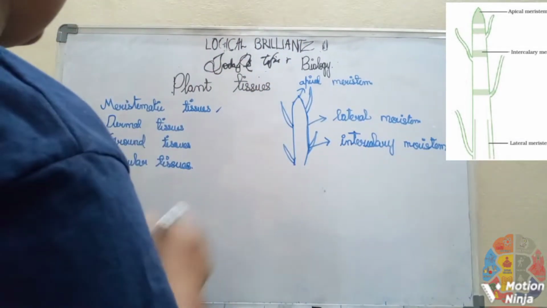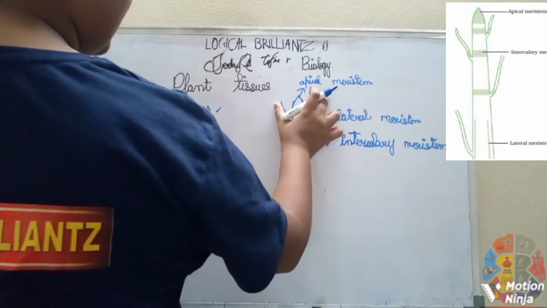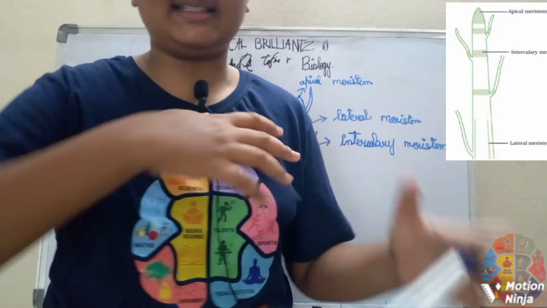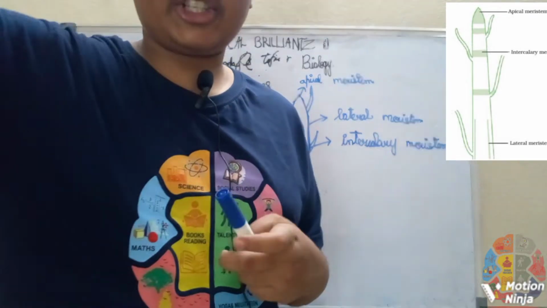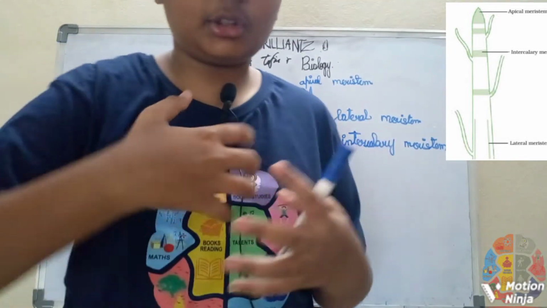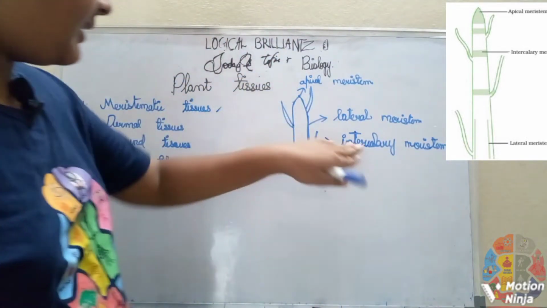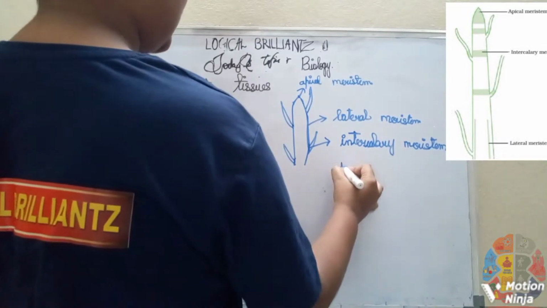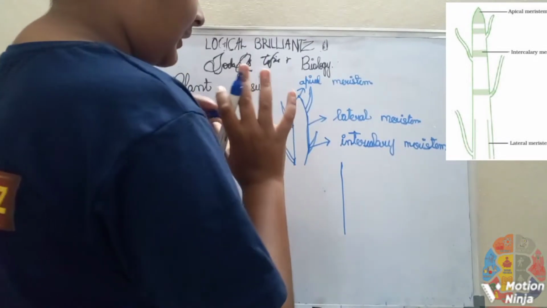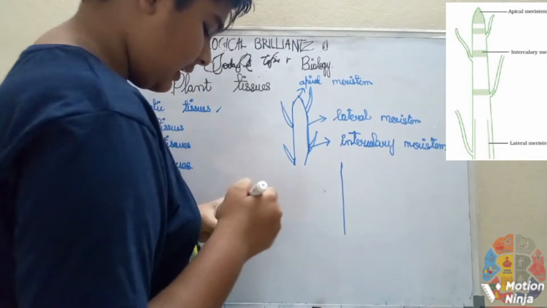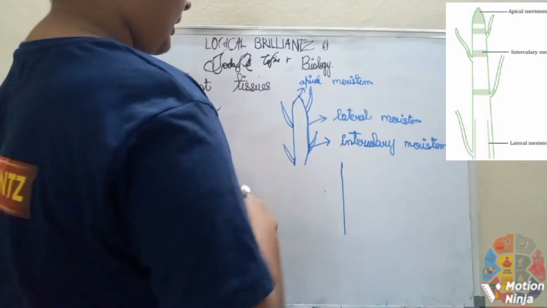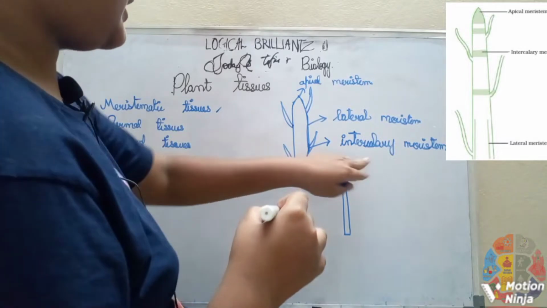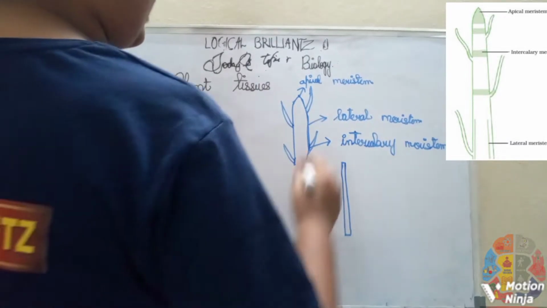So, and next, dermal tissues. This is meristematic tissues. They will be helping in the changes of a plant, like branching. What is branching? The growth of branches for a plant. If intercalary meristems were not there, how the plant looks is simple: just a stem. No fruits, nothing, just an erect stem. If meristematic tissues were not there, if intercalary meristem were not there, if lateral meristem were not there,